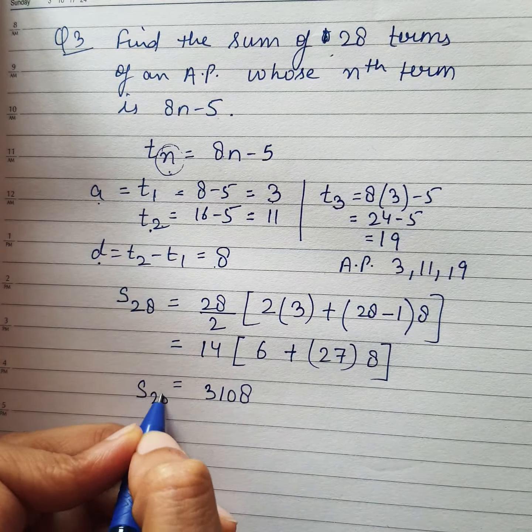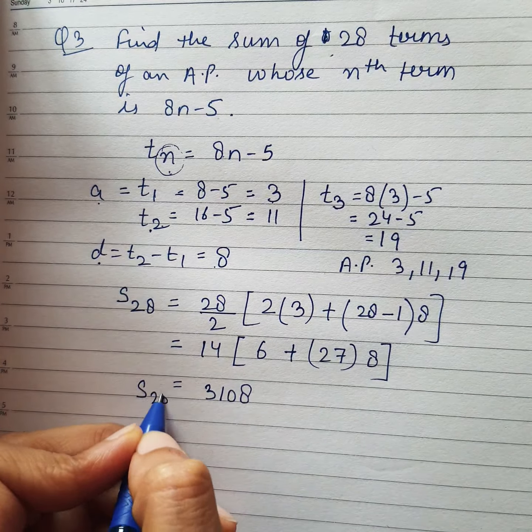Next question 8. Find the sum of all natural numbers between the numbers given here, which are divisible by 9. So first we need to find an AP. Is 250 divisible by 9? No. 251? No. 252 is divisible by 9. Then the last number divisible by 9: this one is not divisible, so the number just before that is divisible by 9. So according to this, a is 252, the common difference is 9, and the last term is 999.